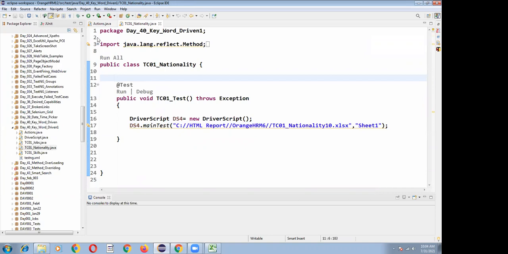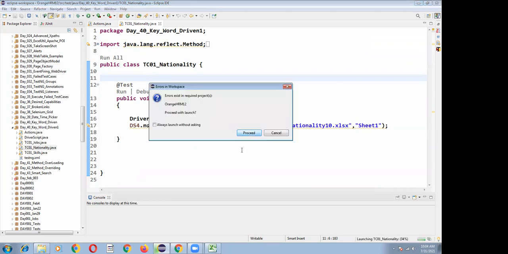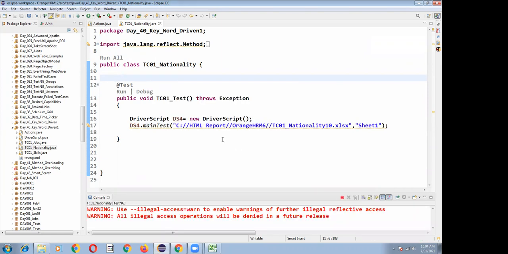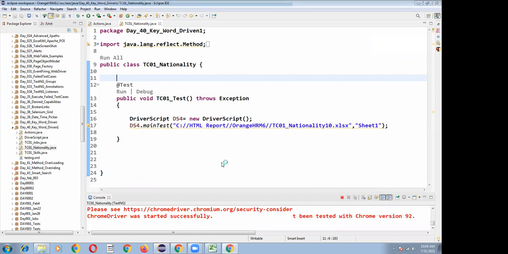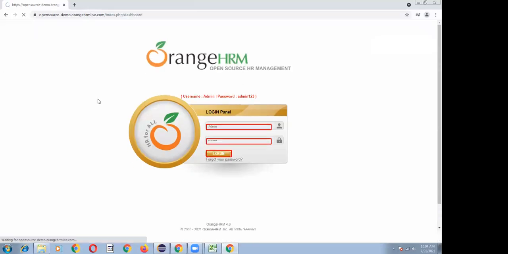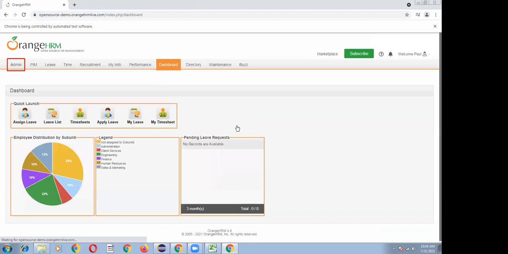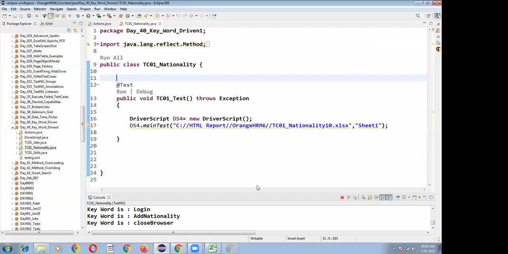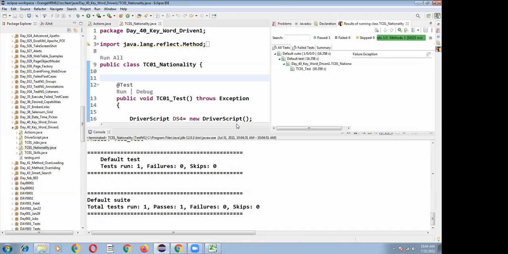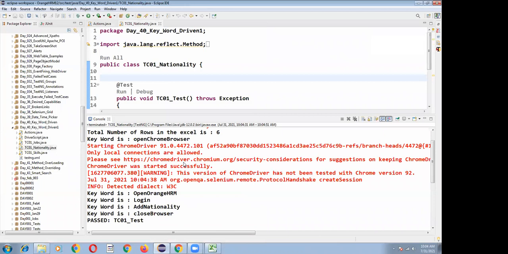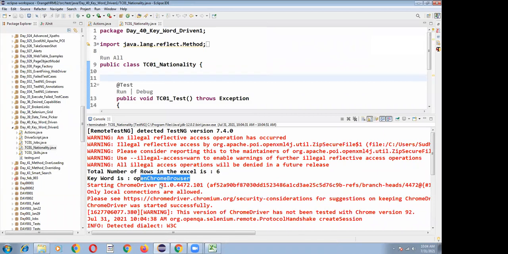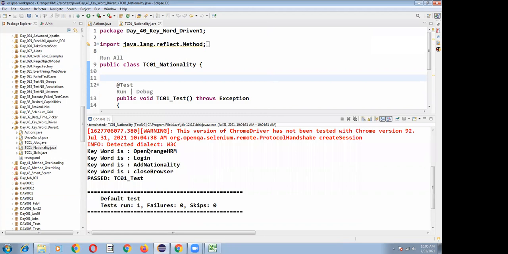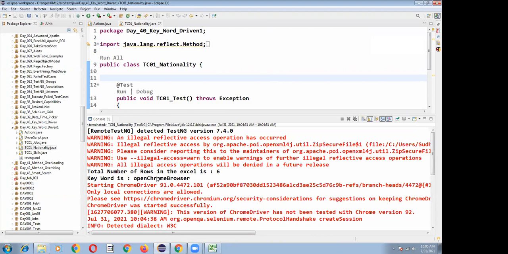Let me run my TC01 nationality.xls sheet. What are the methods executed? Let me show you in the console. Open Chrome browser executed, and open Orange HRM, login method, add nationality, and close browser. These are the keywords executed from actions.java.